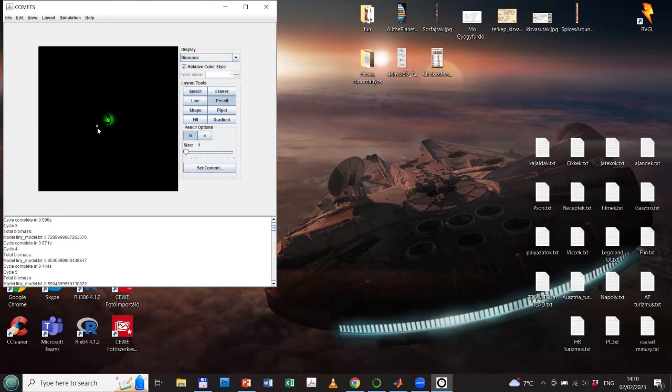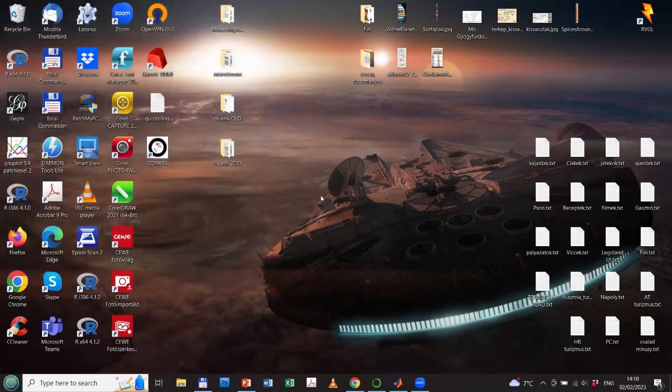For example, you can manually manipulate the spatial setup and then start running simulation from this stage, or you can add cells manually and stuff like that. So that's a nice software, but of course it's not very easy to run simulations with it. So now we are going to